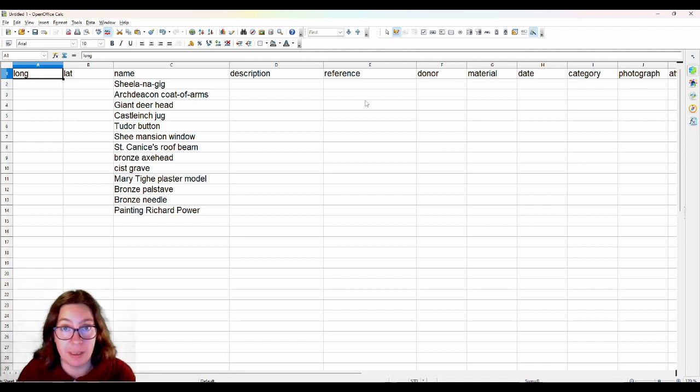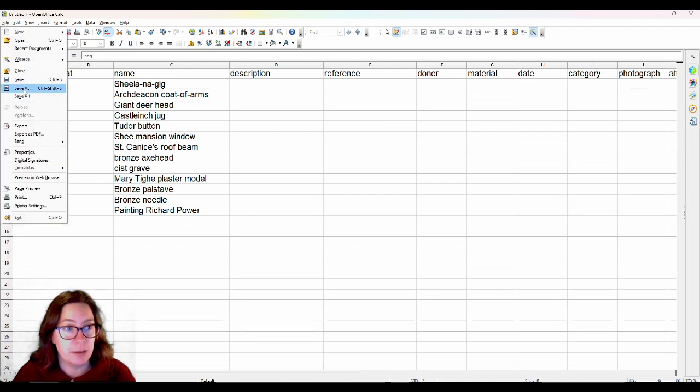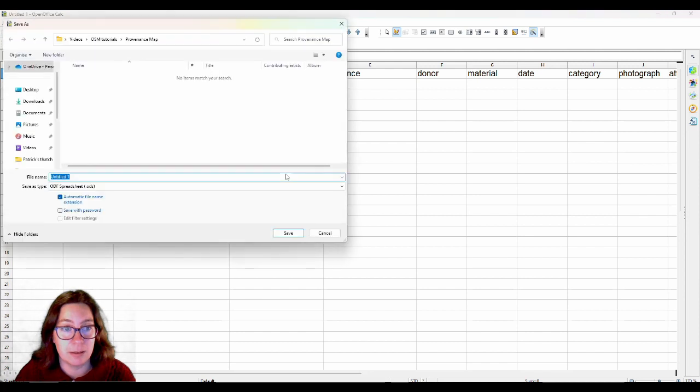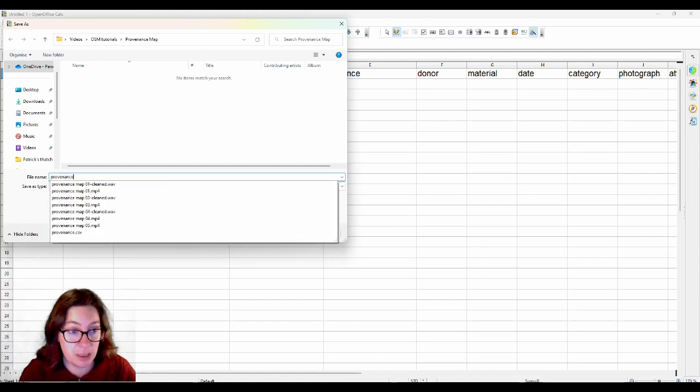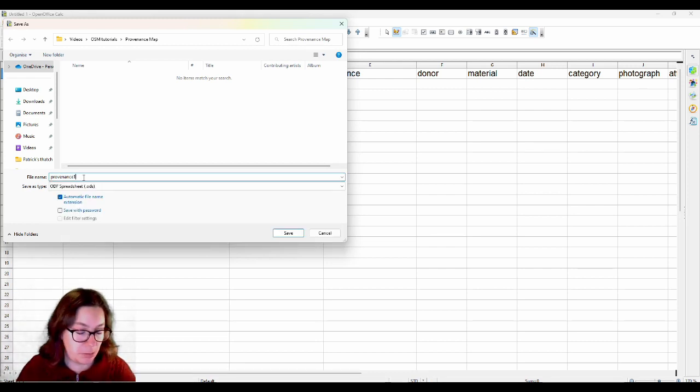the default file type that your program comes in, but to use it as a CSV file, which is a character separated values file. Sounds super complicated, but it's one of the options that it'll give you. And also it's very important to remember where you saved it on your computer. So you go to File, Save As, and that opens a dialog here, and you give it a name, for example, provenance or exhibition or whatever you want to call it. So I'll call it provenance. I have to call it provenance 1 because I already have one called that.